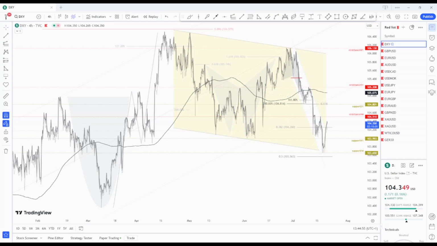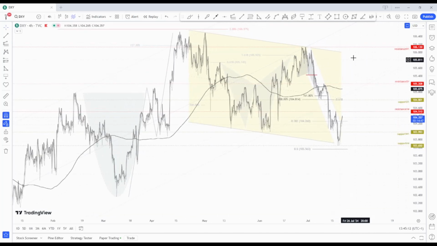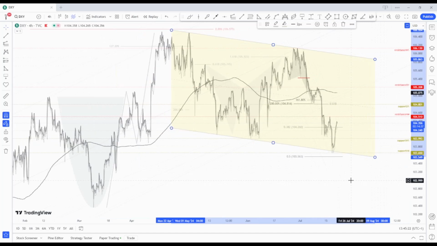But let's start with Dixie, as always, as I used to say, the captain of the ship. At least for now, it's still fighting with this major support level at 103.99. Basically, it's the weekly fractal support level. Nice bounce, reinforcing a descending parallel channel support line, and it's starting to show something